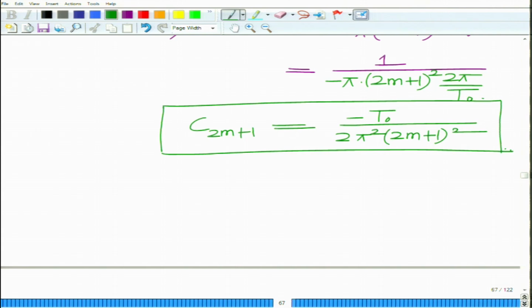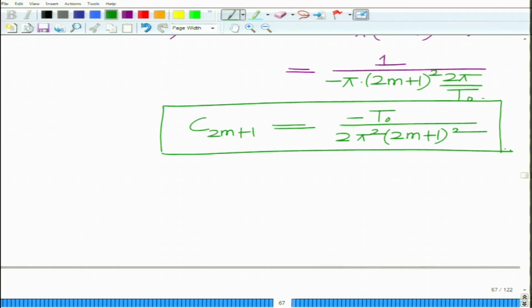So, we have derived the expression for the coefficient C k in the complex exponential Fourier series of the original periodic triangular wave: C k is 0 if k is even, and if k is odd, that is k of the form 2m plus 1, then we have derived this expression for C of 2m plus 1. The only coefficient remaining now is C naught, because we cannot derive C naught using this technique: when you differentiate x t, the DC component C naught, which is a constant, vanishes, so you cannot derive it from the derivative x prime t.